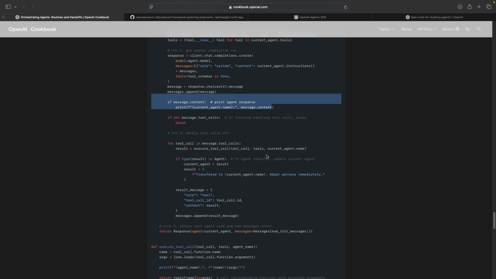Notice though that now we are doing this special check to see if any of these tool calls is one of the special handoff tools. And we check that by saying if the type of the result from the tool call is an agent, this means that the current agent wants to transfer to another agent that knows best how to handle the current query, right? And you will see here that if that is the case,